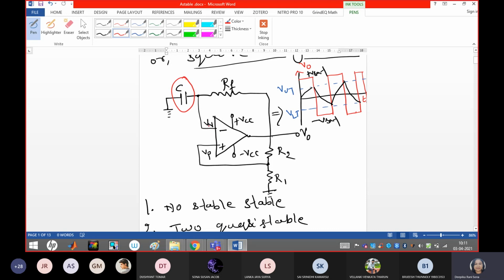Initially you can see that the capacitor is connected to ground, so Vn is nothing but at 0 volt. Vn voltage is 0, so that this voltage will appear across here and it will make the capacitor become short circuited. Now it is at 0 potential. So you just remember the concept guys, that offset voltage effect is there when you switch on the op-amp without any input. This offset voltage appears, even though it is a small quantity, but still it is there, right?